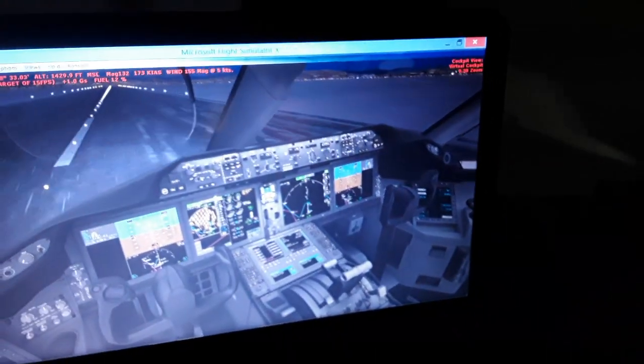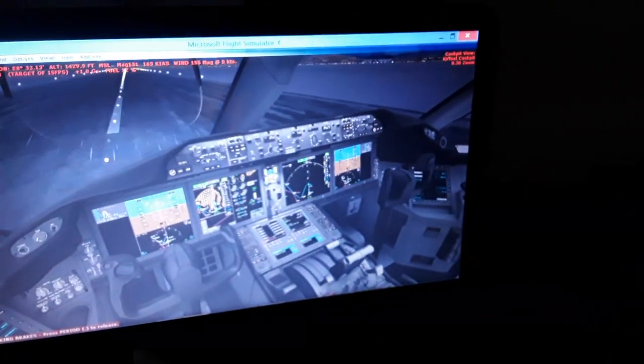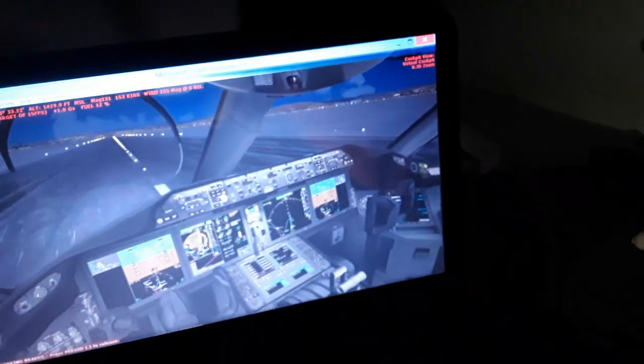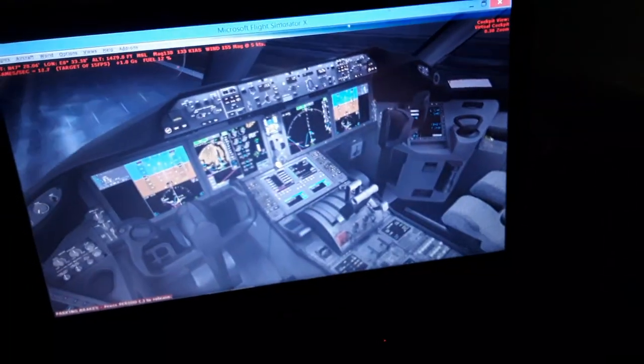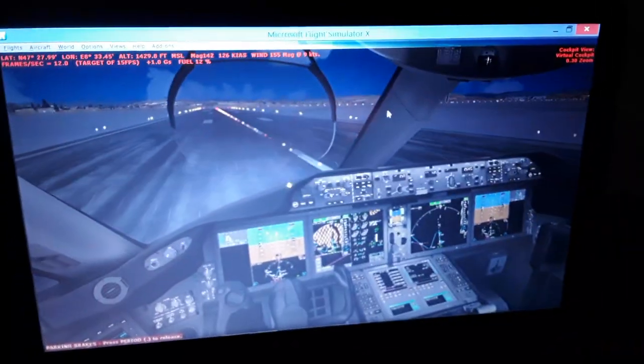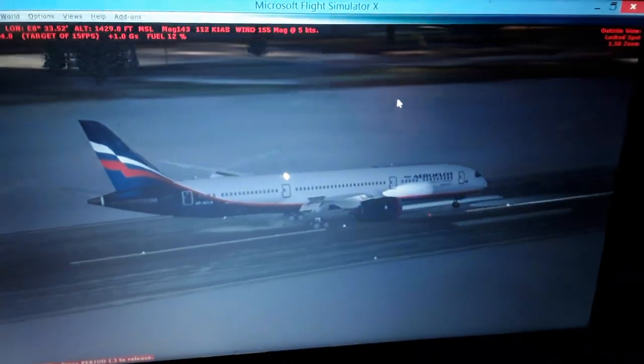So parking brakes and thrust reverse, idle thrust reverser also. Full thrust reverse here to slow us down. So you can see all landing gear parts are safe. The wheels of the aircraft, as you can see,